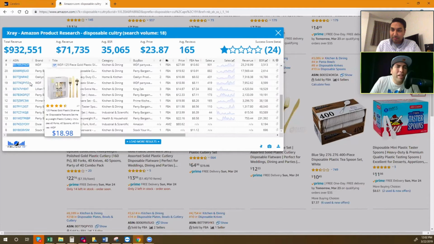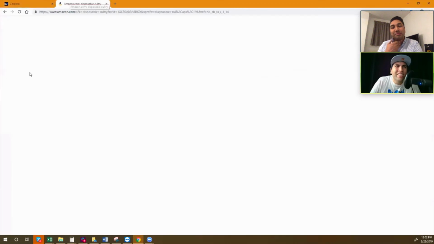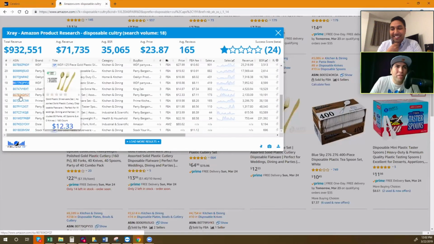This is kind of funny though. Like, who uses gold disposable? It's almost like an oxymoron, like a paradox right there. It's like you're trying to front that you've got some money, but they're plastic still. So come on, guys, who you fooling? These guys must kill it during Christmas, though. True, very true.